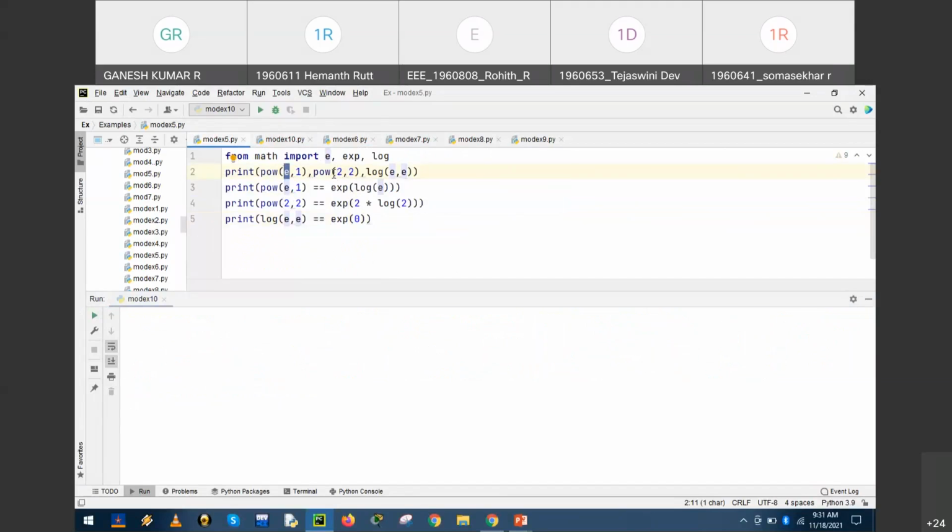So the expected output is 2 power 2 is equal to 4. Log of e comma e cancels each other and returns the basic unit value 1. That is the expected value.